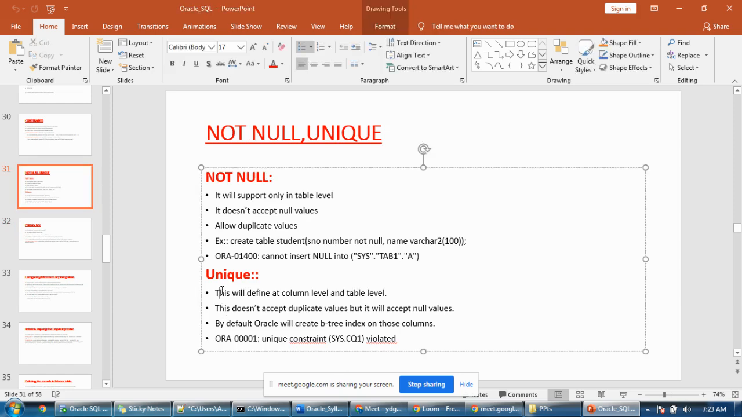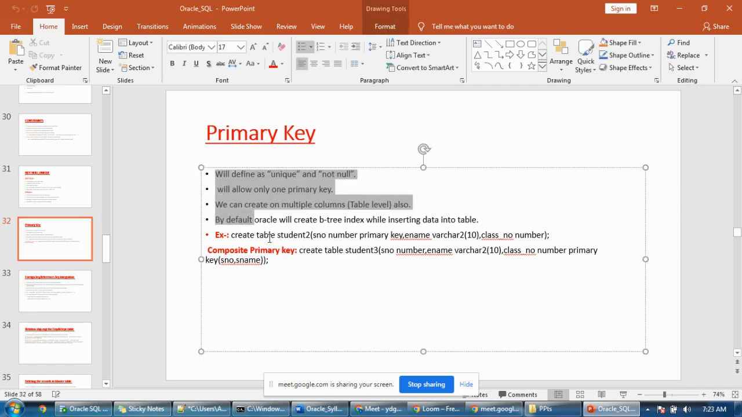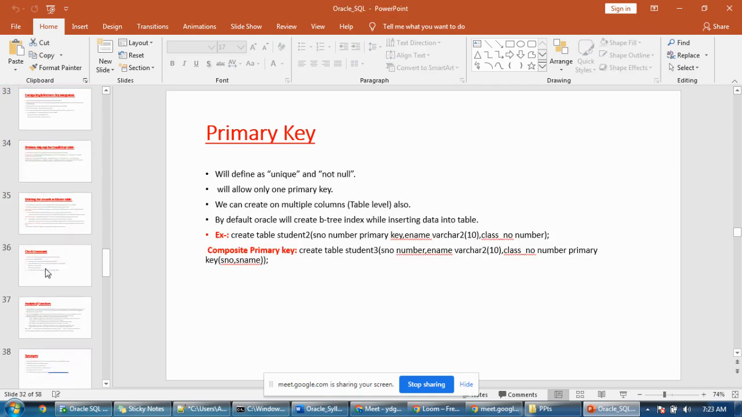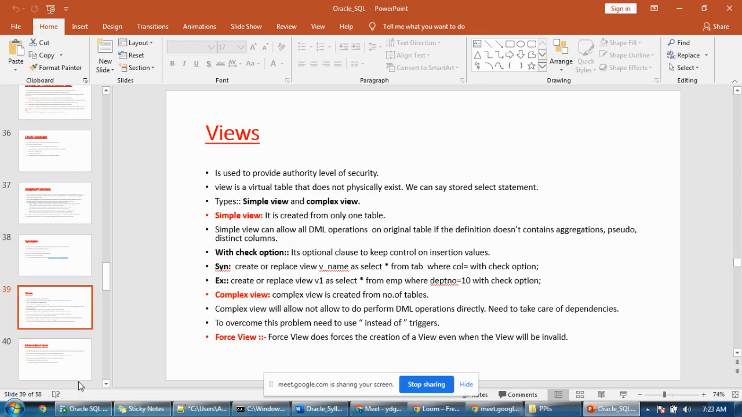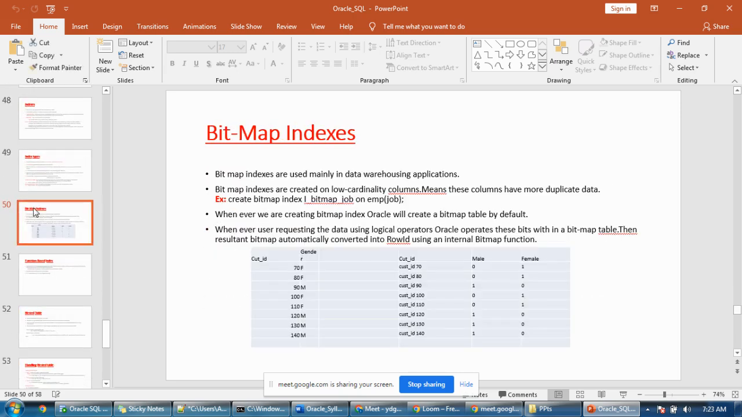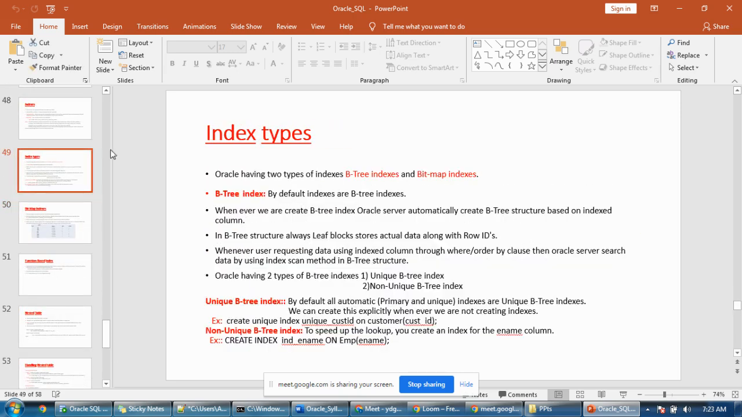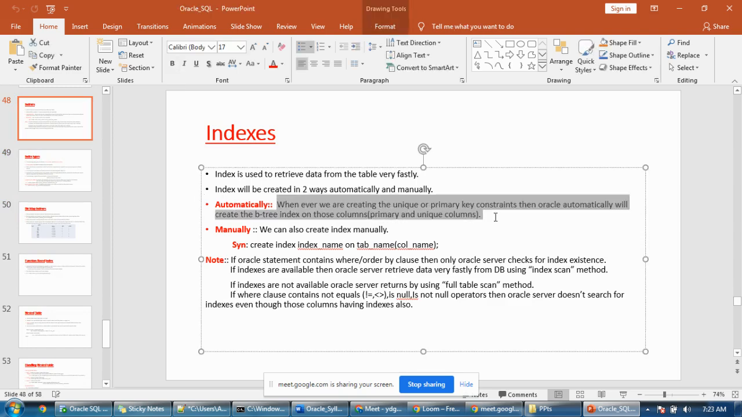For unique constraint and primary key both, an index will be created automatically. So indexes can be created in two ways: one is automatically and one is manually. Whenever you are creating the unique constraint and primary key, a B tree index will be created automatically. B tree means,